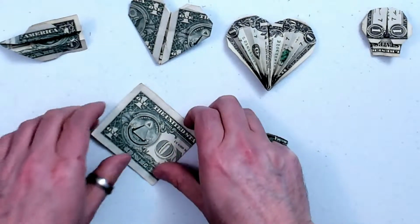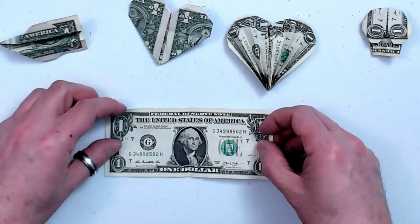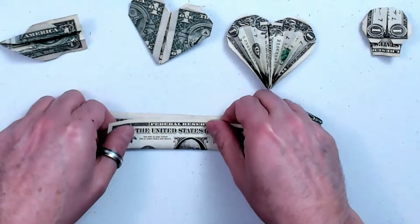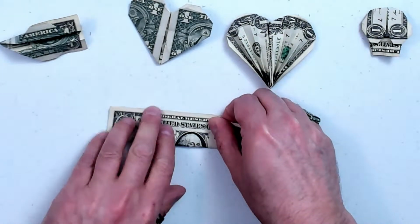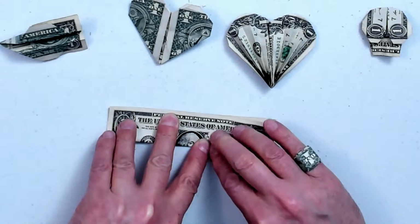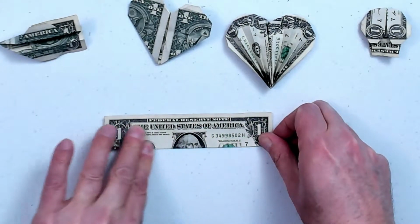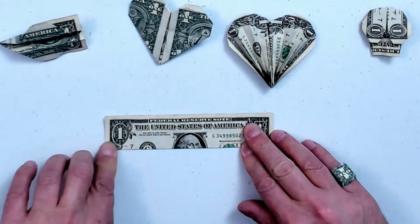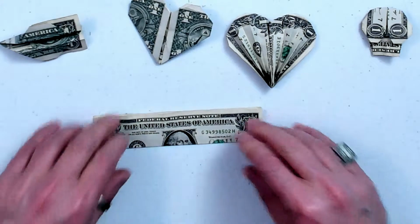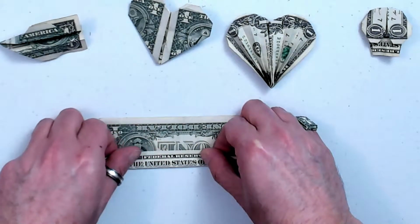Make a good crease. And turn it over. Fold it up halfway. Horizontally. You want to get this one lined up as close as you can. And unfold,